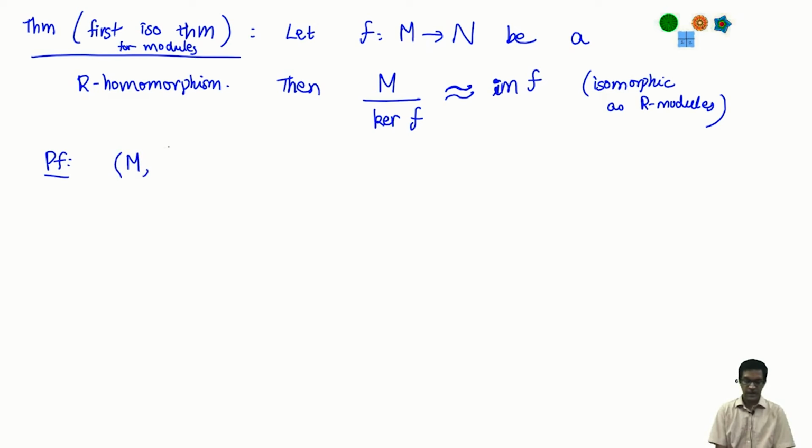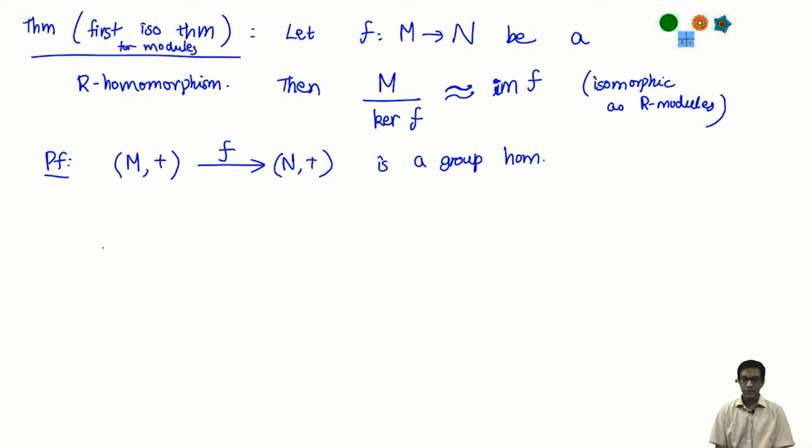Let's forget the fact that M and N are modules for the moment. Think of them only as groups. They have an underlying additive group structure. So think of M and N as additive groups, and recall that a module homomorphism is in particular a group homomorphism. Right? The first axiom just says that f of x plus y is f x plus f y. So I can think of this map f firstly as being a group homomorphism between the underlying abelian groups.